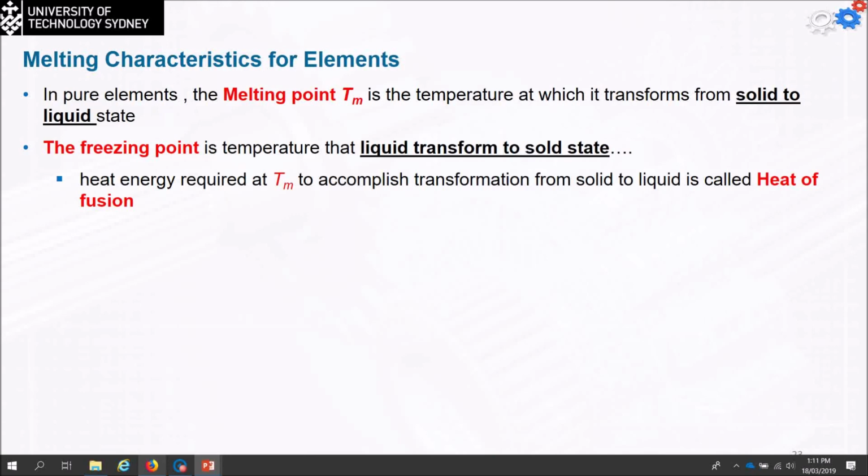So in a pure element, the melting point is the temperature at which it transforms from the solid to the liquid state. The freezing point is the opposite: the temperature at which the liquid transforms to the solid state. The heat of fusion is the amount of energy required to accomplish the transformation from solid to liquid. Now, we have how many definitions on this page? The melting point is the temperature required to transform the metal from solid to liquid. Freezing is the change from liquid to solid. And the heat energy, the heat of